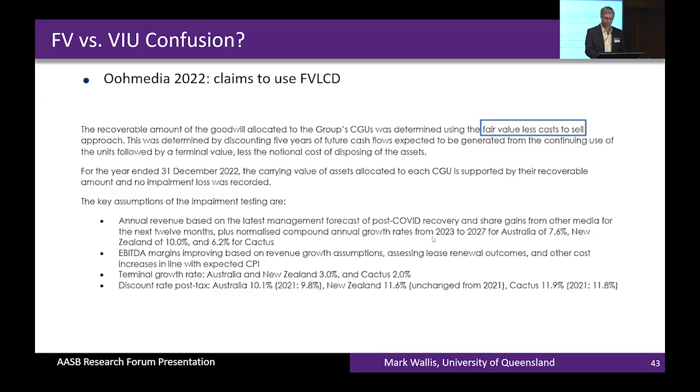Now, I'll show you an extreme example of this type of thing. You can see here, this is O Media. I'm sorry if you're the auditor of O Media, I've singled them out. But you can see this is in their 2022 annual report. They're saying they use fair value less cost of disposal to work out the recoverable amount of their cash generating units. And they're giving the assumptions there. They're giving the terminal growth rate, the discount rate, the EBIT margins, which is great, revenue growth. And a 5-year forecast horizon is mentioned there as well.